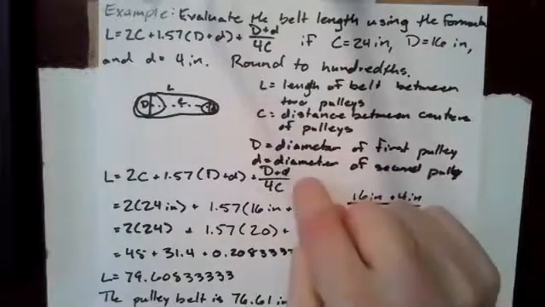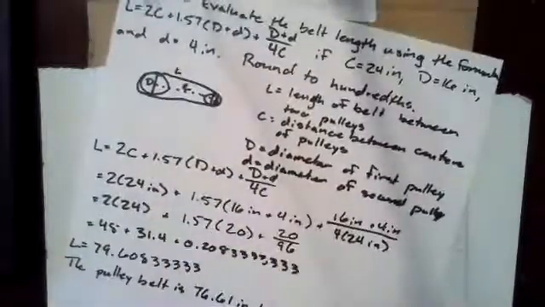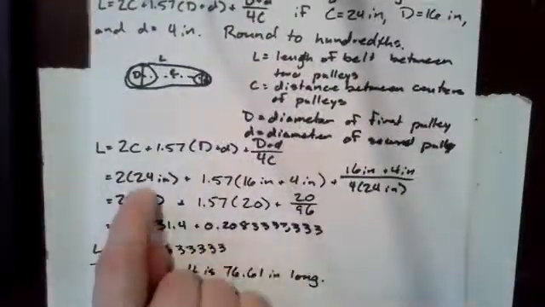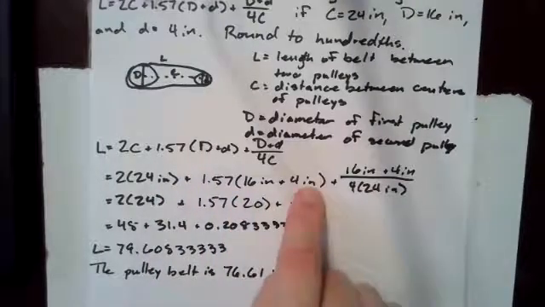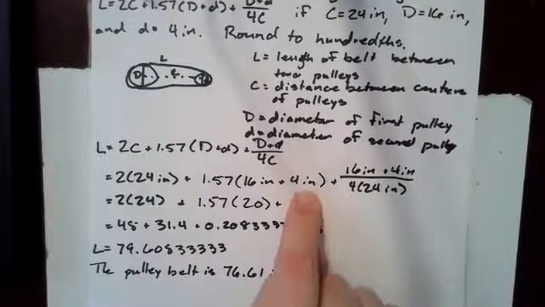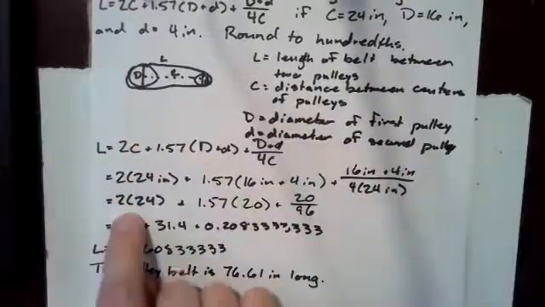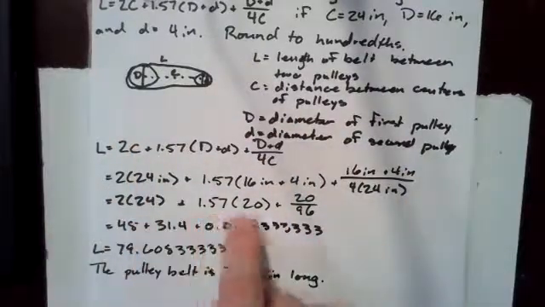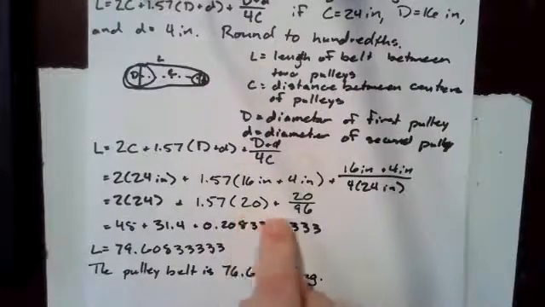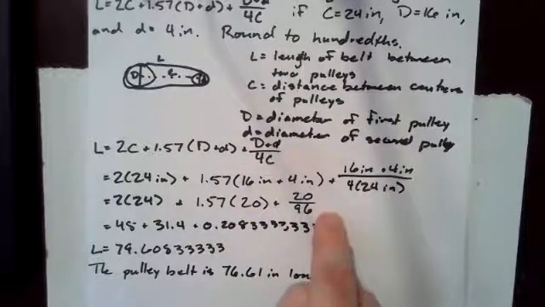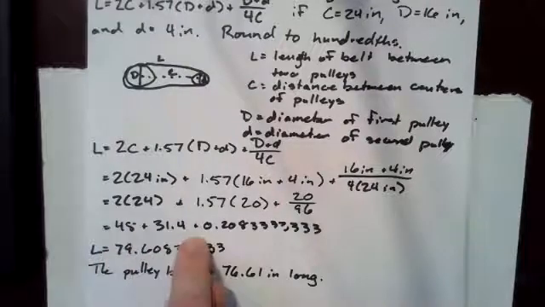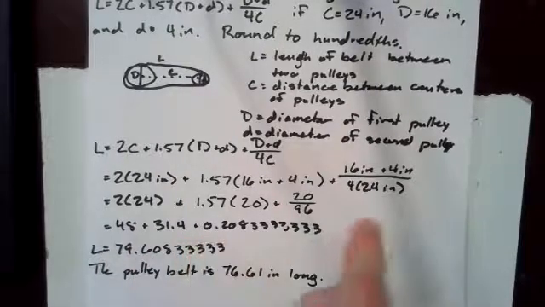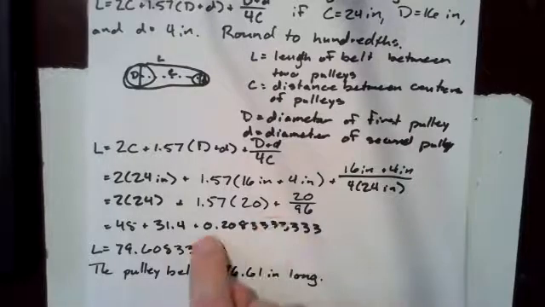So we write the formula and then we plug in the values that we know. C is 24 inches, capital D is 16 inches, and lowercase d is 4 inches. And then we do the math. 2 times 24 plus 1.57 times, we add these, we get 20, plus 20 over 96. So that's 48 plus 31.4 plus this very long thing,